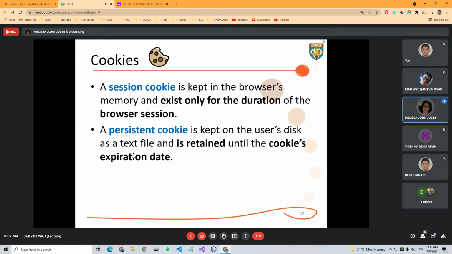Normally the one that is activated would be essential cookies, and then there are other cookies like performance cookies and so on. So they allow users to control the cookies by selecting their preference. So a session cookie exists only for the duration of the browser session, therefore it is normally kept in the browser's memory.